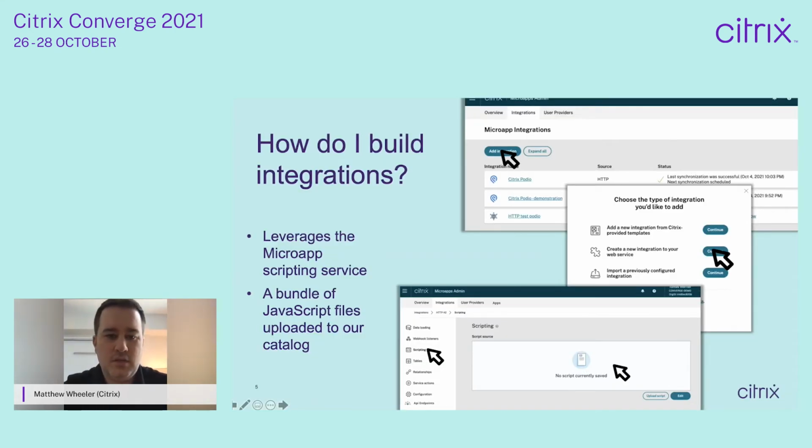Now that we covered a quick demo on what is possible with these new end-user-enabled integrations, I want to go over how we built them and how you can expect to build them in the future when we release this publicly to third-party developers. As you can imagine, there's a lot of platform work happening right now to enable these new capabilities. A lot of custom scripting going on to translate between the APIs of these third-party applications and the Workspace UI. But it's going to have the same look and feel and flow as you're used to today with